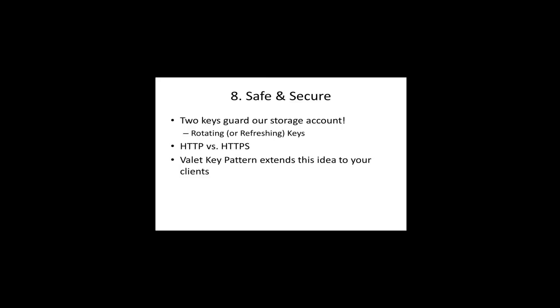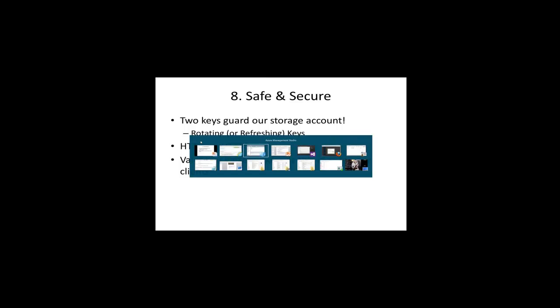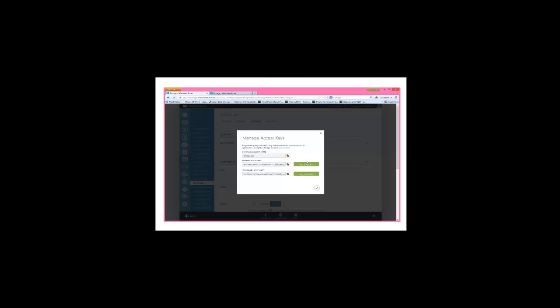Safe and secure. So this is nothing super crazy complex here, but just a little bit of a reminder. So we have keys to guard a storage account, and let's take a quick peek back at those. We have two, a primary access key and a secondary access key. And if you're programmatically accessing blob storage, you need one or the other. And from a functional point of view, they are equivalent. There's nothing that you can do with the primary access key that you cannot do with the secondary access key,